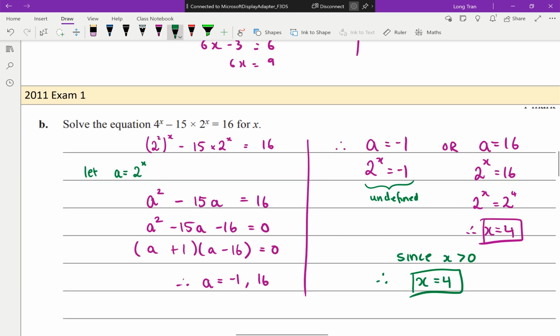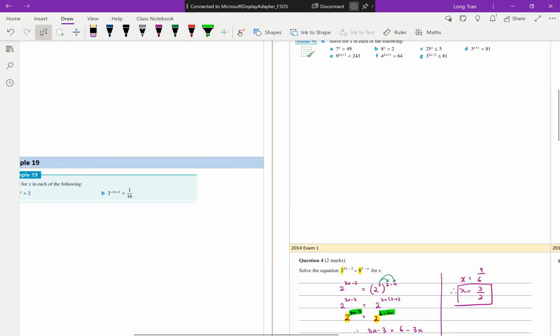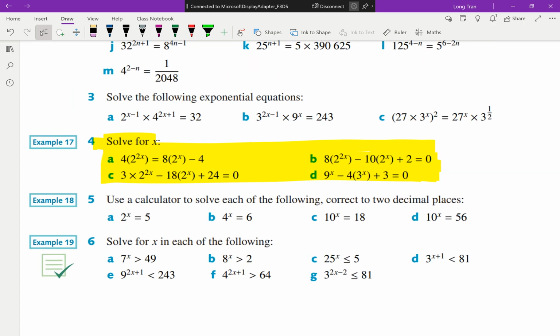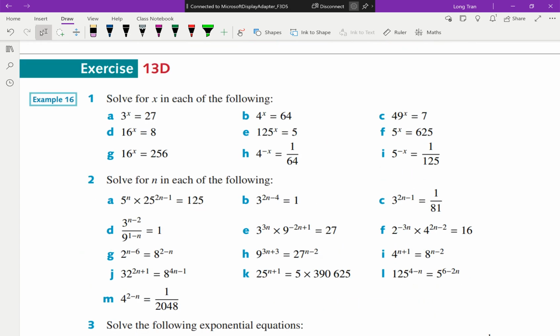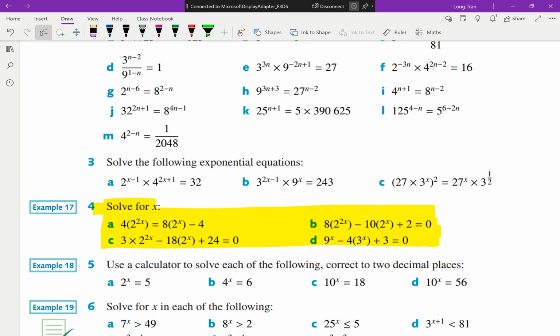Going back to the question, there you go. Those are the solutions for the 3-marker 2011. That's the level that you should be getting at, and that's all within this question. If you want to practice that, that's question 4 of exercise 13D. The rest, that's what you were practicing. So exam 2013 and 2014 were based on whether you can do these skills. If you can do those, then you would have been able to do those exam questions. And if you can do question 4, then you could have done that question for exam 2011. Okay? But what I'm trying to show